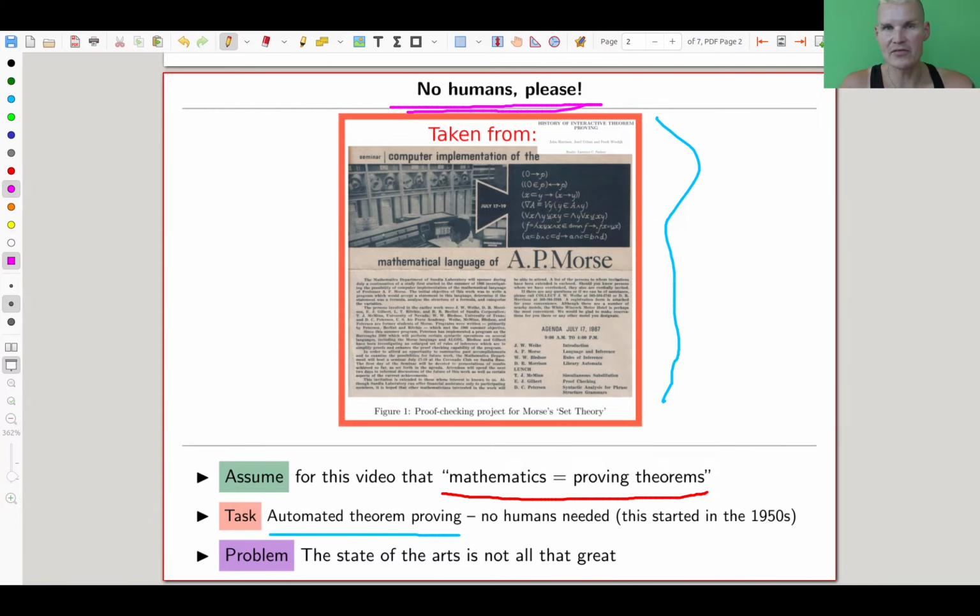And the state of the art of this part of replacing everyone by AI is actually not all that great. We really need to work on this, and people are doing this with a new approach. In the modern era, in the last 10 years, AI was booming, right? So the new approach will be to use some form of AI. Before that was essentially just piecing together random sentences until there's something that counts as a proof. And now you want to do that in a smarter way.